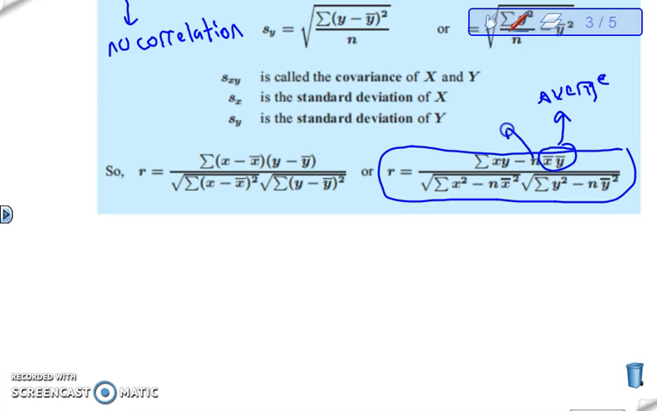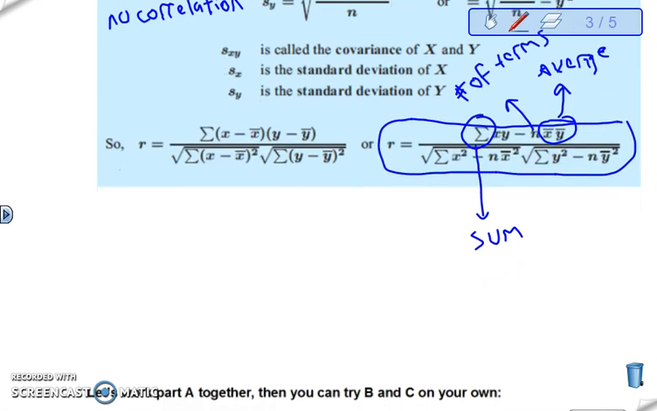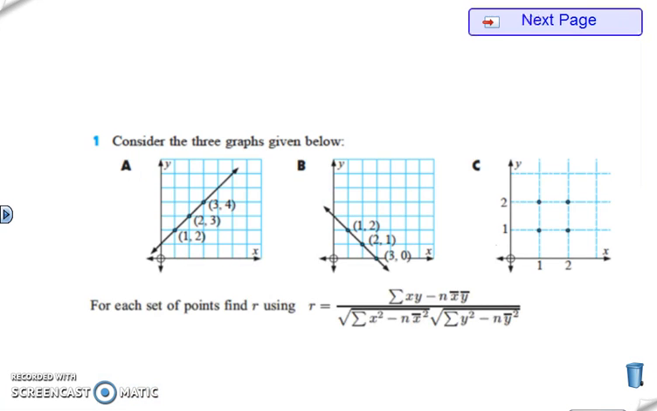And the N is the number of terms. Also, when you see this guy, it means sum. So now that we know how to read the formula, we can plug everything in that we need based on our list. So if we look at this example right here,